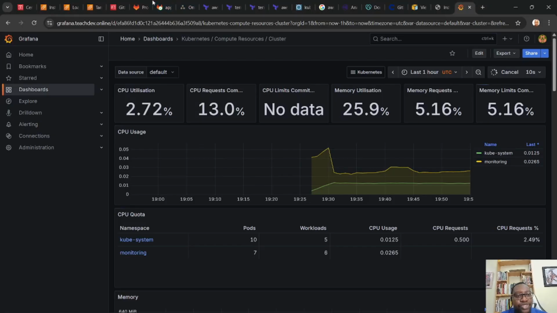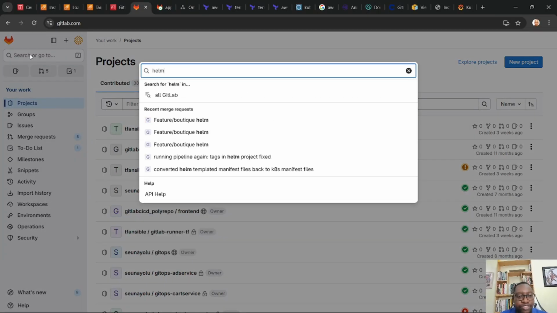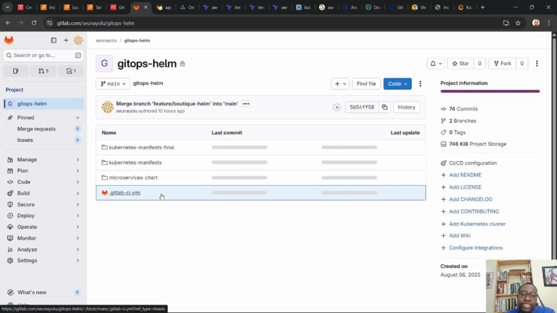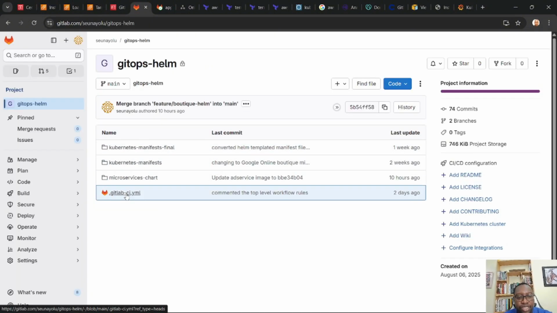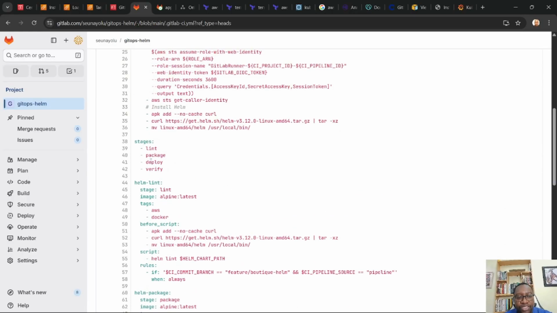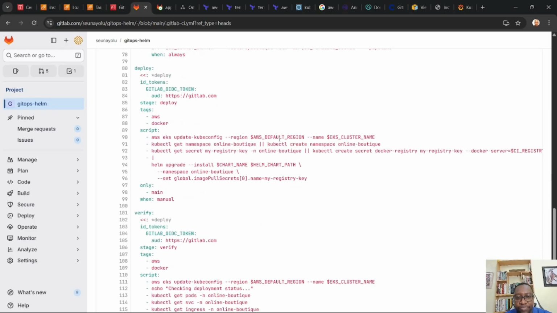Let's go here. So I'm going to come back to my project and look for the Helm project. All right, so I'm going to click on Helm. If you look at this project here, we have the stage, the package, the lint and all. We have everything here to deploy. So it's also going to do the EKS kube config. It's going to create a namespace for us. And it's also going to do the kube get secret and create a Docker secret for us